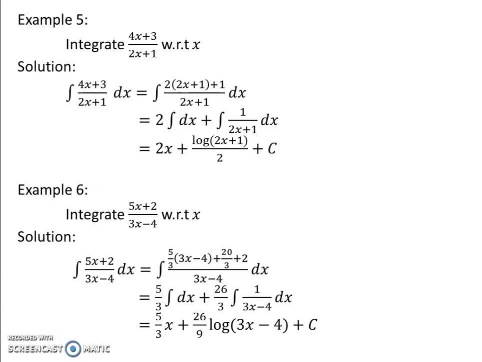So in the first lecture we have studied the basic formulas, the addition, subtraction and scalar multiplication theorems, and we have solved some basic examples of integrations. Don't forget to add this c every time in the integration. And here, if you see, there are two integrations, but we don't need to add separate constants for the two integrations. We can consider one common constant for them.